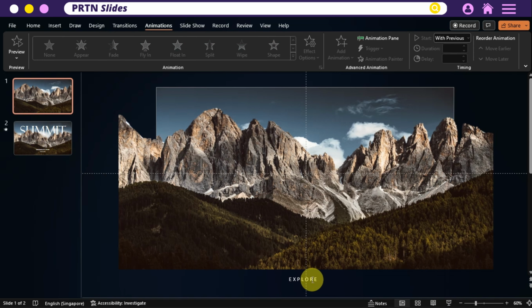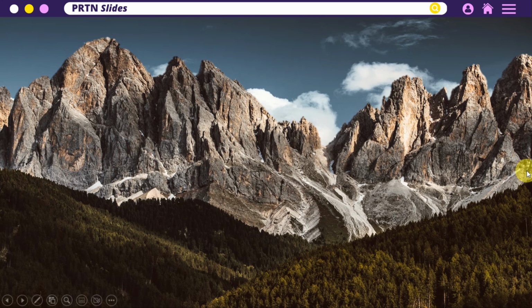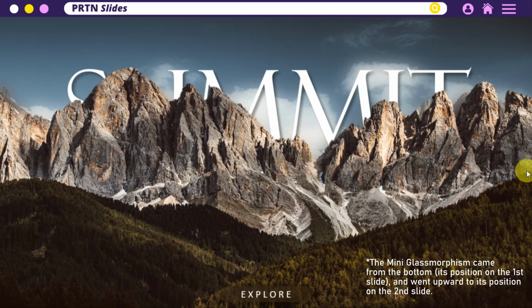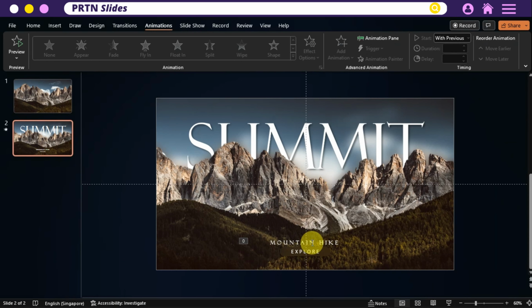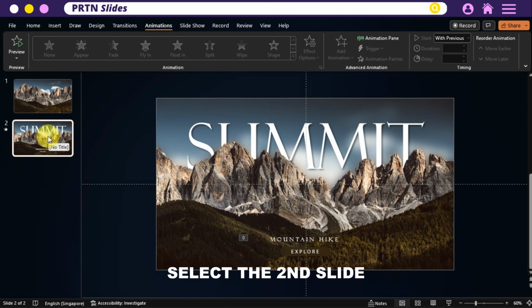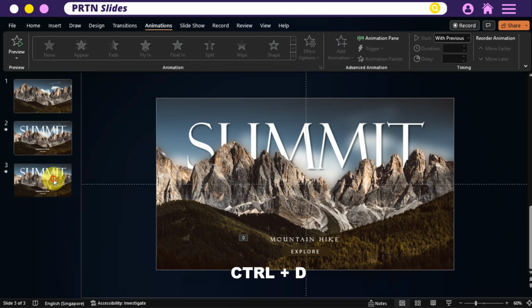So this is our first slide. Let's try to play it. So this is our slideshow. There you go. So that's the reason why we put it on the bottom of our first slide. So that's how you play the morph transition effect. This is now our second slide, our title slide. So let's copy this second slide, and now we will be doing our content